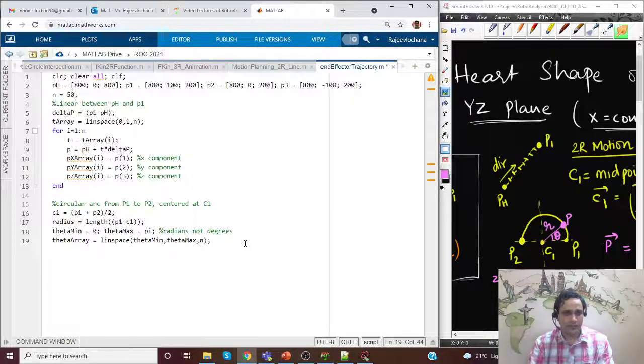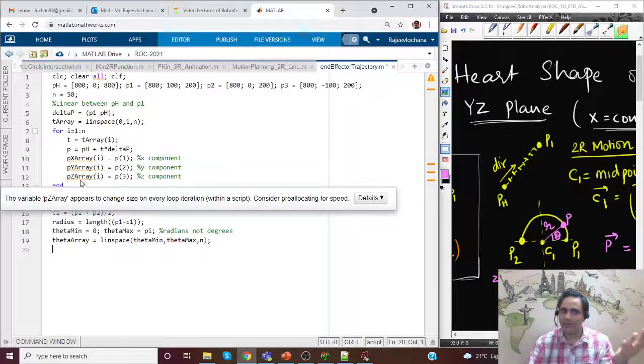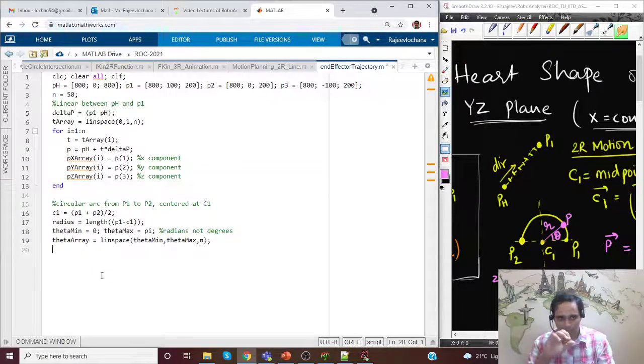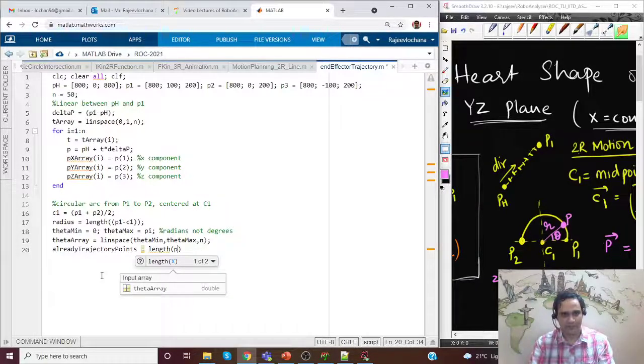Okay, now so we already have a set of x and y coordinates. We don't want to overwrite them. Okay, so what we'll do is we'll have length of already trajectory points, which is the length of one of those, px array.